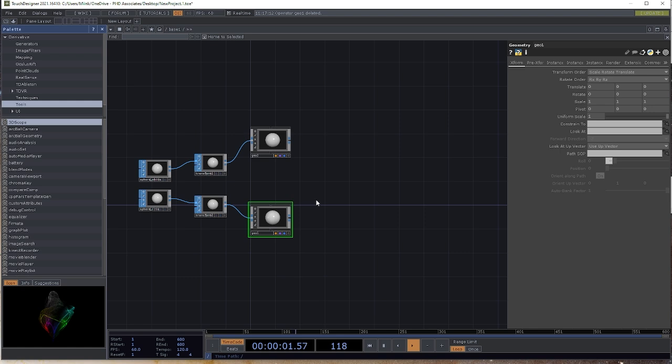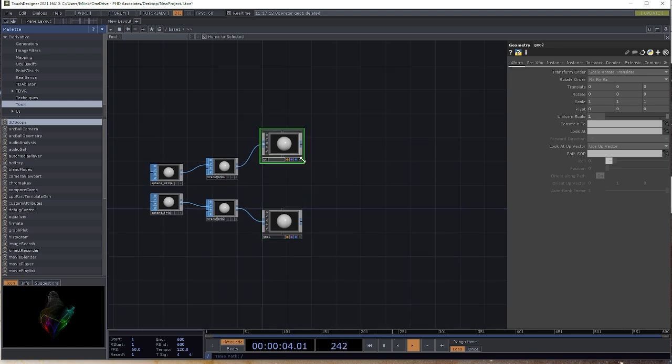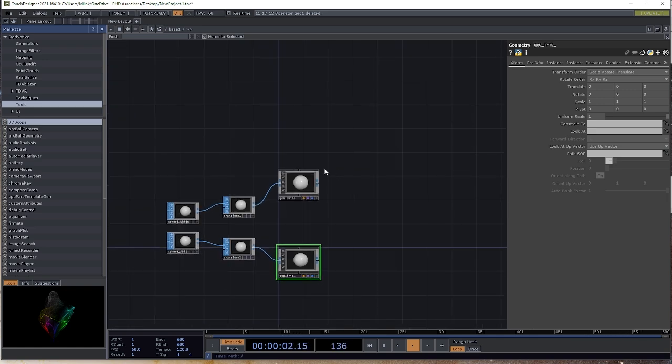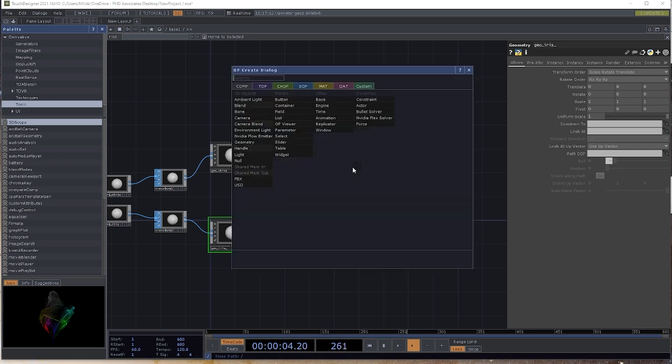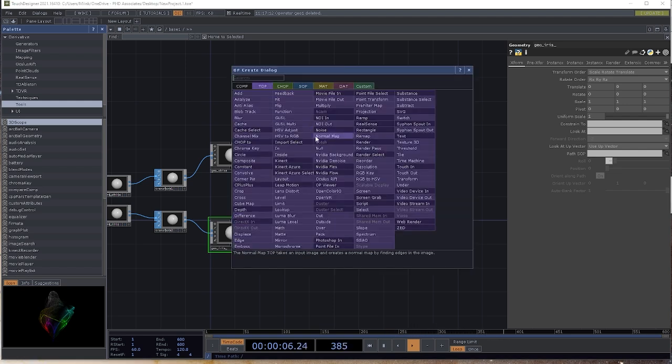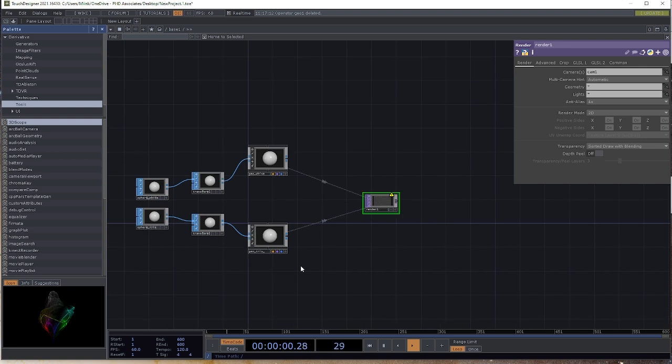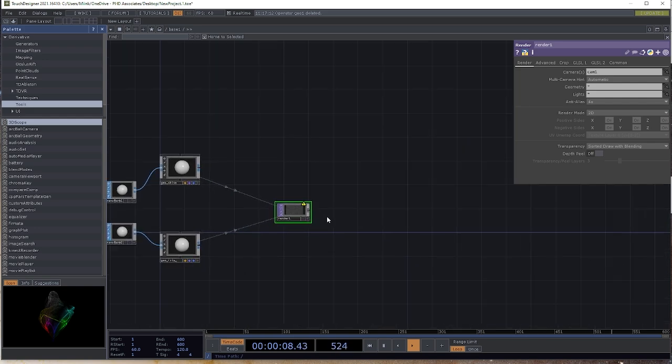So we've got two geometries here. We're going to call these geometry white and geometry iris. Now if we bring in our render TOP, you can see there's a connection that's formed. These geometries are going to be processed inside our render TOP. If you hit Command N,